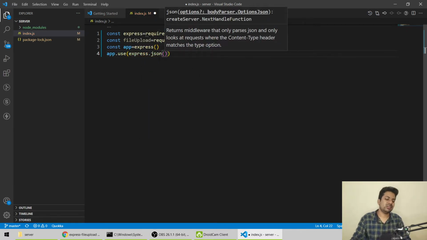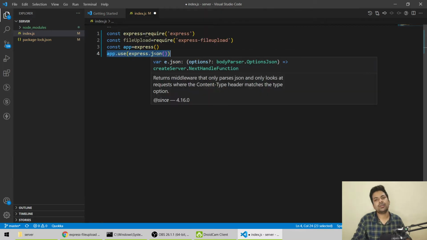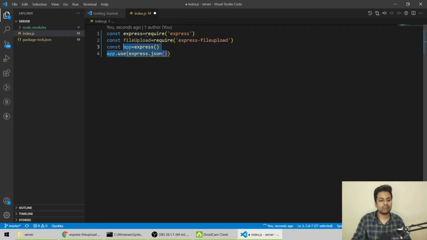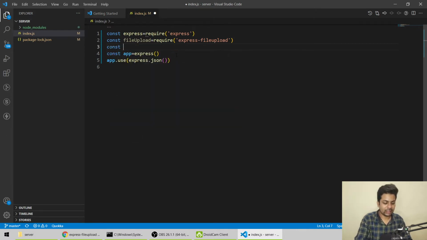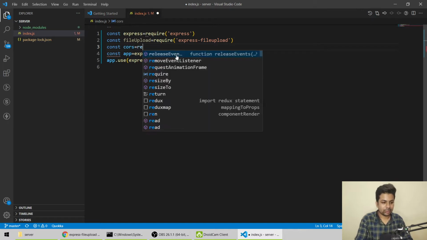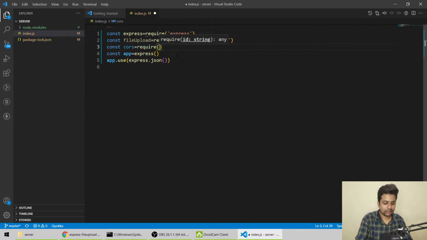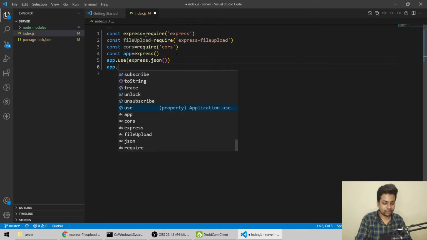This is not strictly necessary, but if you want to send some other data along with the files, use express.json instead of body-parser and all that stuff. Then we can use cors also. We'll do const cors equals require cors.